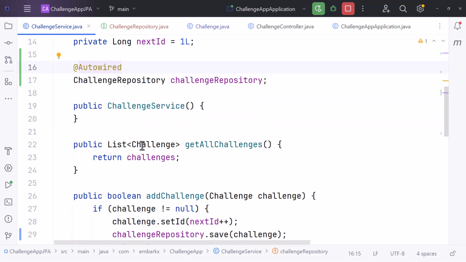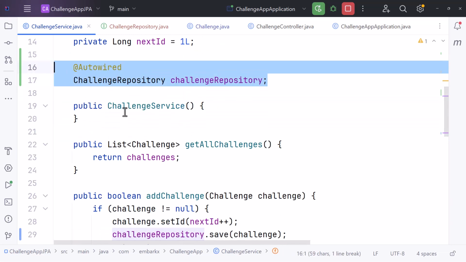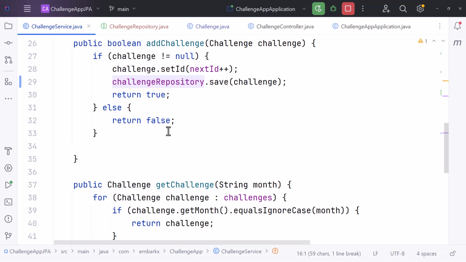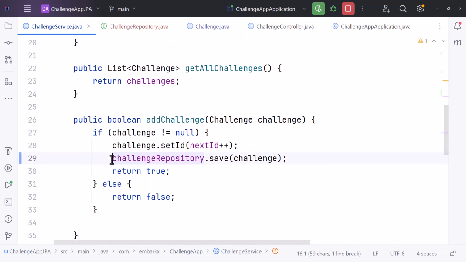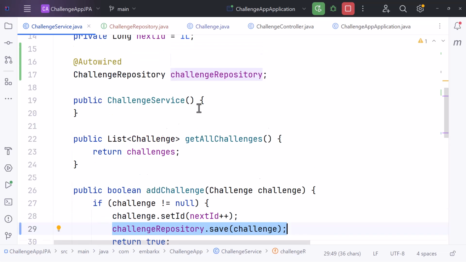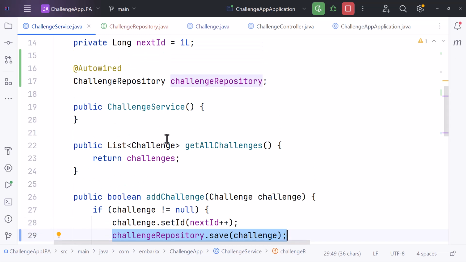Then we have service. Within service, we added the repository. We auto-wired it. And here, we just made a change to this line. So instead of adding it to the list, we are now saving it to the database. Okay. Now we need to modify all the methods over here so that all the data we get is from